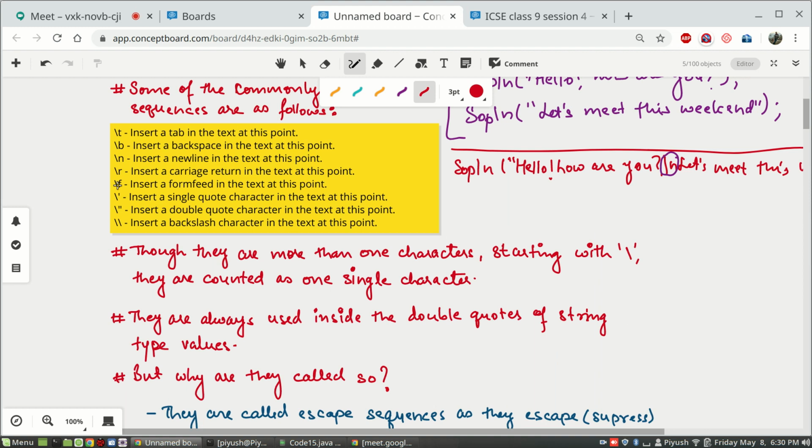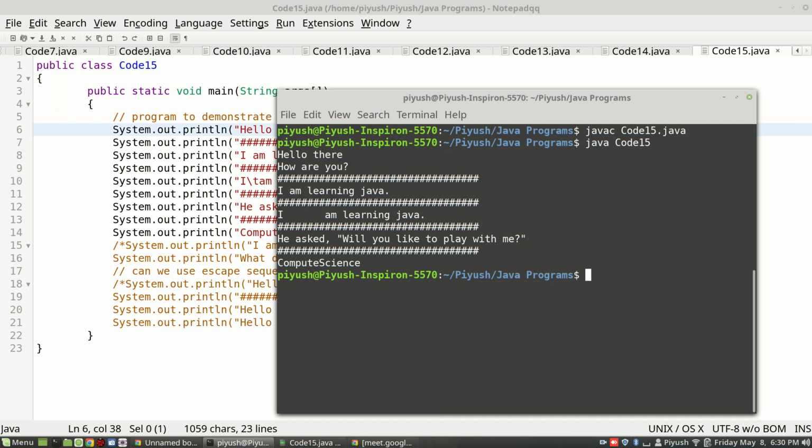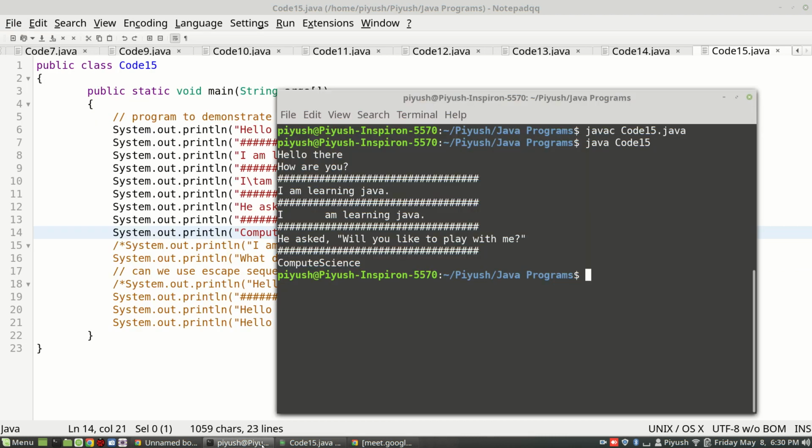See, one more thing you will find is backslash r. Now backslash r, if I put, let's say instead of backslash n, that is new line, let us try backslash r and see what it does. Instead of backslash n, that is new line, I have put backslash r. Backslash n was changing the line. Let us see what backslash r will do. Let me save it. Okay, the program has been saved.